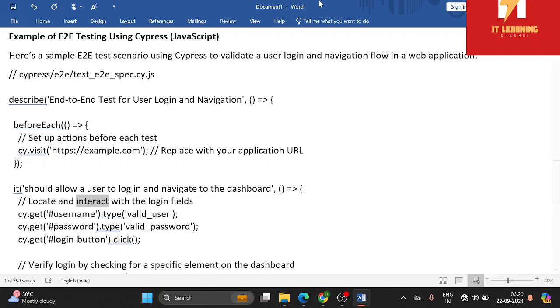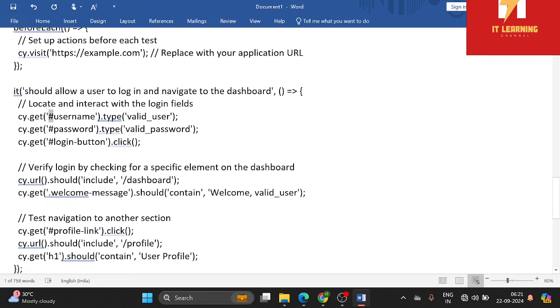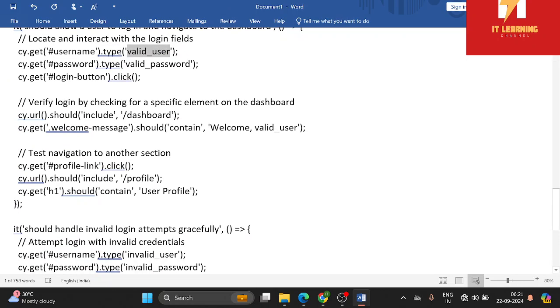// Locate and interact with the login fields. cy.get('#username').type('valid_user'); cy.get('#password').type('valid_password'); cy.get('#login-button').click(); // verify login by checking for a specific element on the dashboard. cy.url().should('include', '/dashboard'); cy.get('.welcome-message').should('contain', 'Welcome, valid_user'); // test navigation to another section. cy.get('#profile-link').click(); cy.url().should('include', '/profile'); cy.get('h1').should('contain', 'User Profile');